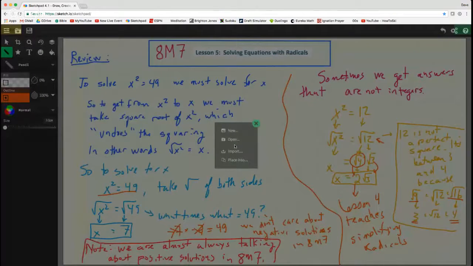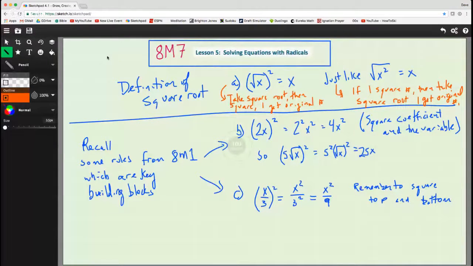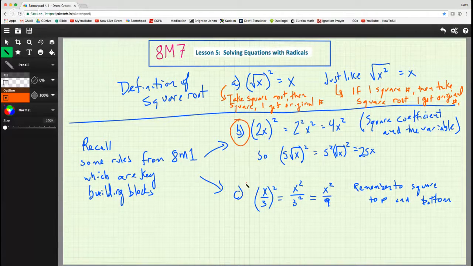And I want to review 2 key things that we need to know for lesson 5. One is these are building blocks. So the B and C are building blocks we learned about several months ago in 8M1. But I want to remind you, or teach you, that the square root of x squared is x. That's something we've learned in lessons 1 through